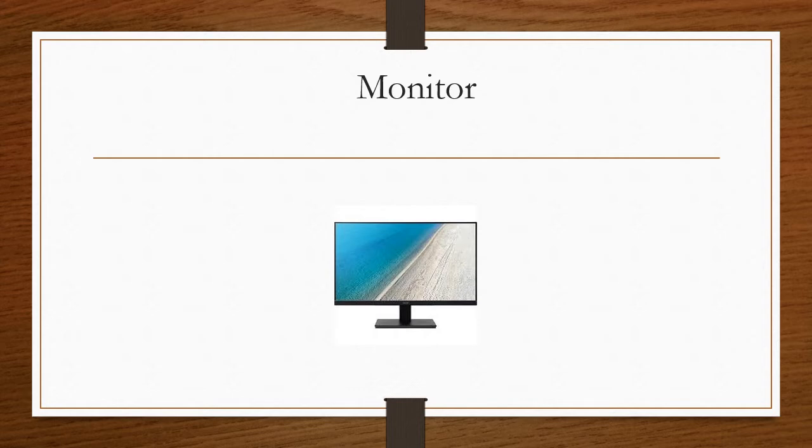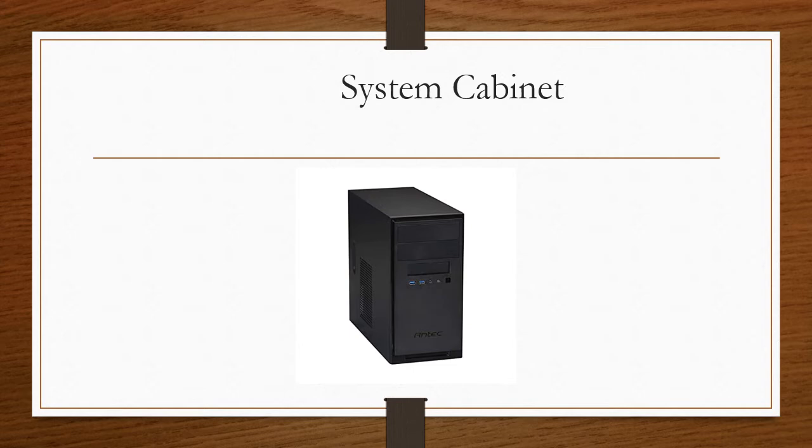Next one is monitor. Monitor is one of the output devices. It provides the output of the process for viewing. It's projecting what it displays. And the fourth one is system cabinet. System cabinet is nothing but the CPU, central processing unit. Inside the system cabinet it does the mixing and matching, for example, the formatted input data is organized and processed in the CPU itself. That is called system cabinet.